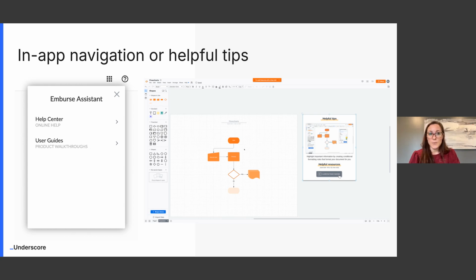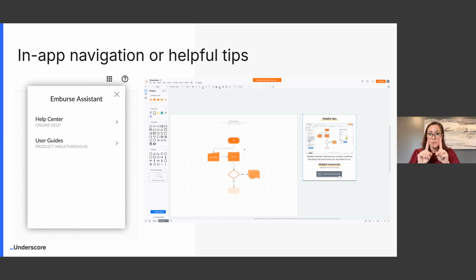But that can be an easy way. The thing I like about in-app for things like this too is you can test out what works before you actually incorporate it into the product. So this is a great way to give people a way to find what it is that they're looking for. So often when we're in the product, that's when we might get stuck, and we make it easy for them to find our education resources, whether those are product walkthroughs, guides, help articles, courses, videos. Can we just make it easy for them to find?